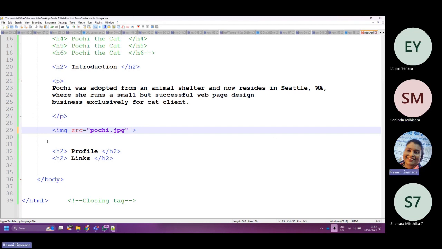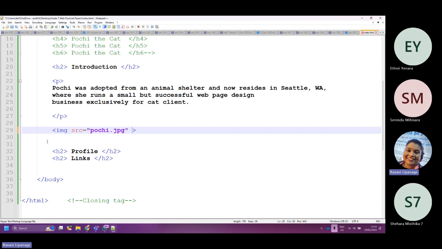Son, this code file. Now, son, not a photo.